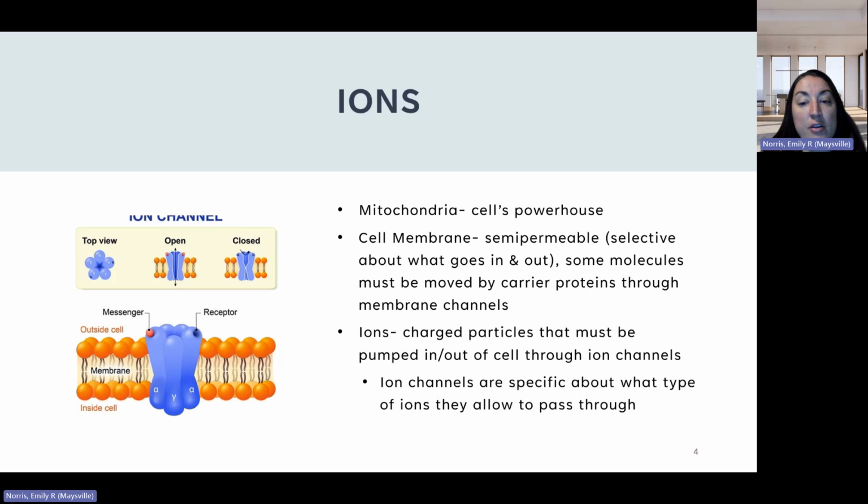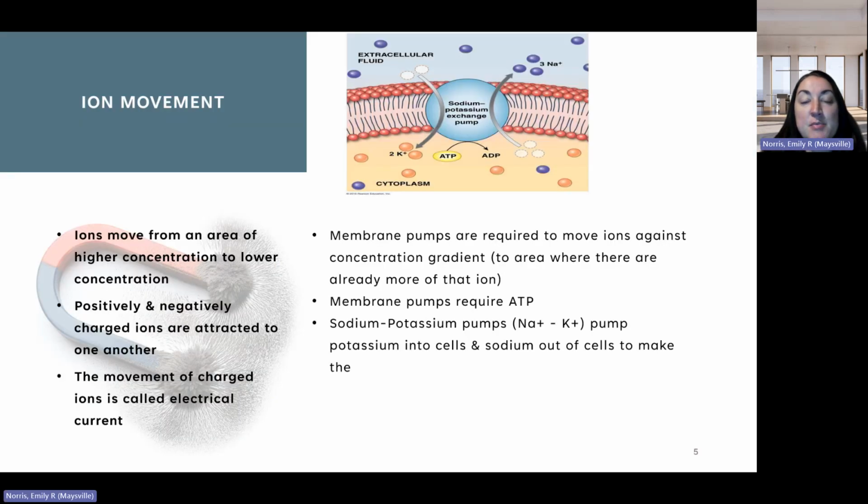So ions are your charged particles. They must be pumped in or out of the cell. Ion channels are specific about what type of ions they allow to pass through. And one example of an ion channel is the sodium-potassium pump, which we'll talk about more. Ions move from an area of higher concentration to lower concentration. So if there's more sodium on one side of the cell, it naturally wants to go to the other side